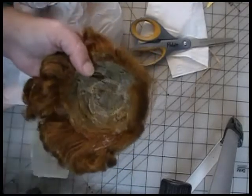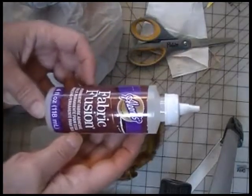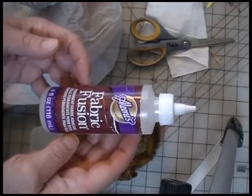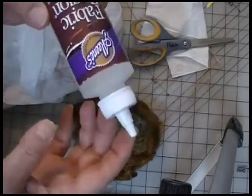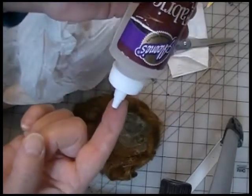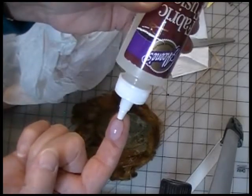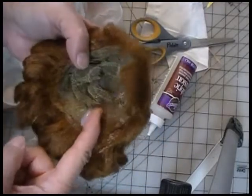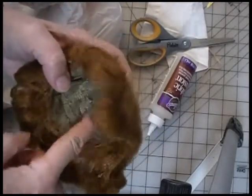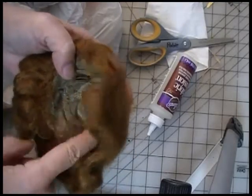But because there's some there, I have something that I can glue to. Again, I use the Fabric Fusion from Aleene's. It's permanent fabric adhesive, and it's water soluble. So I'm going to take some of this and just make a really thin layer of glue. I don't want it thick,